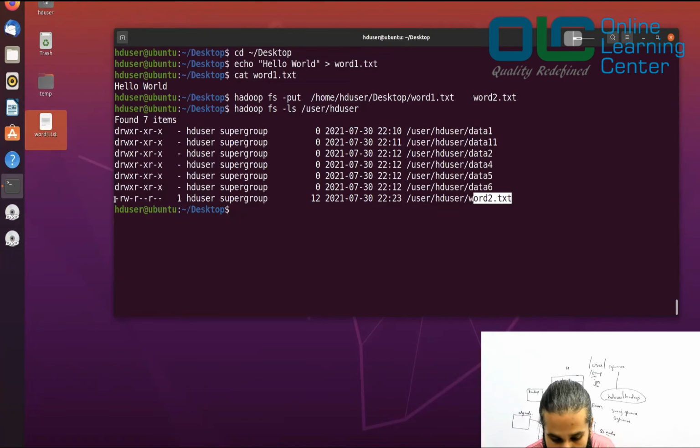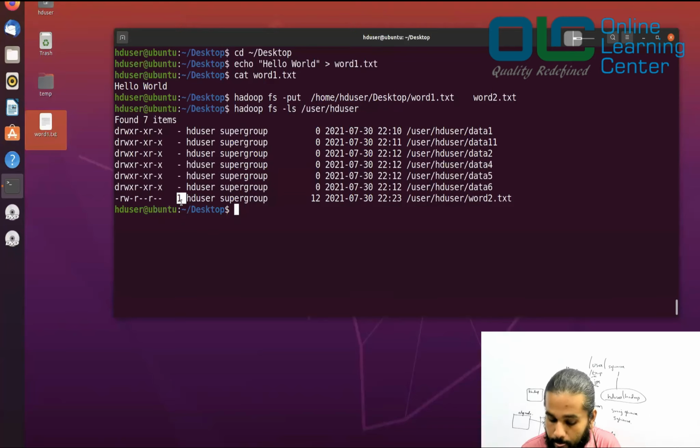Look into this place. You will see a D if it is a directory, and if it is not a directory, you don't see D. That means it is a file. Number two, this is your replication factor here. If you remember, while we installed our Hadoop, we set our replication factor to only 1, right? And that's the reason this was replicated only one time. In a typical real-time environment, you'll work on a cluster where the replication factor would be 3, and you should see